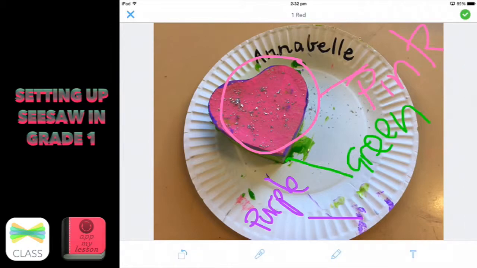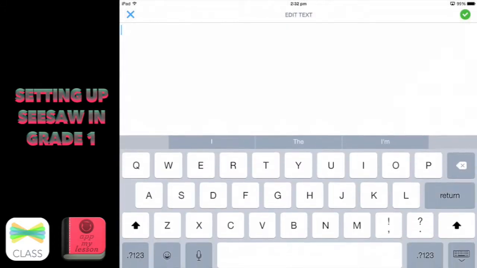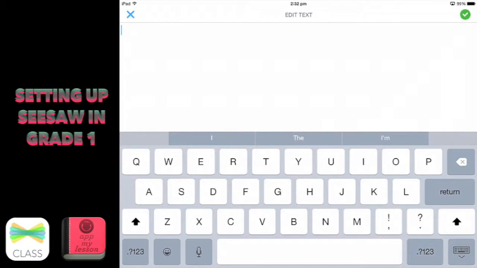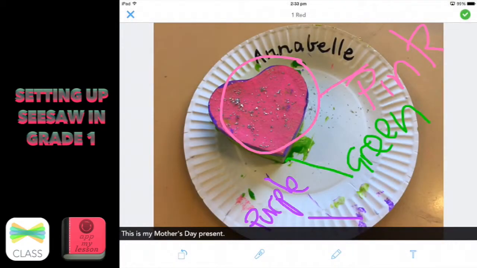And silver. All right, and what else I'm going to do is I'm going to use that T, and I'm going to write, so Annabelle, is this for your mum? This is my, and you can see down the bottom too, it helps me spell, Mother's Day. Mother's Day. Oh, and it did the capital letters for us too, isn't this one? Present. Done. And I've got that down there. Okay. Or, if we didn't want to type, we could be a little bit clever,